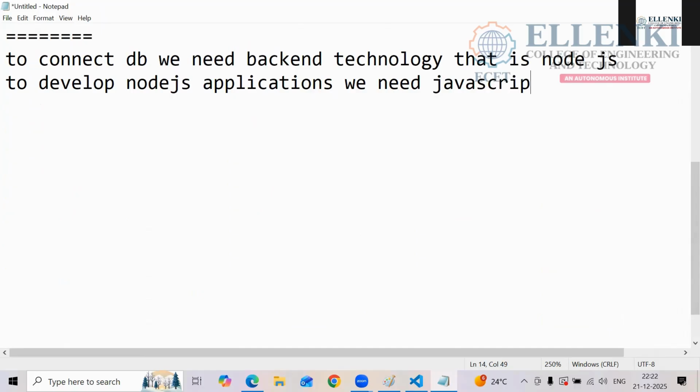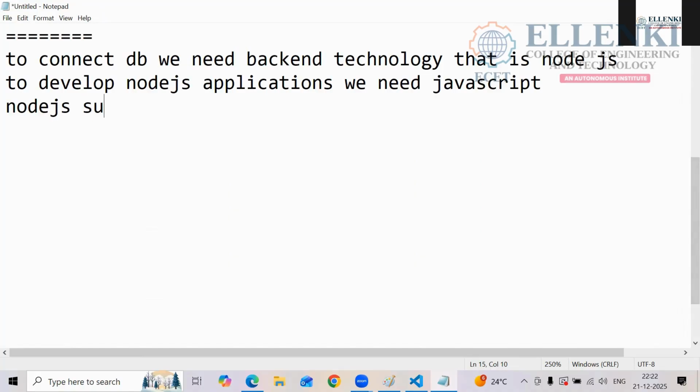Whatever things we are using in the form of JSON objects, that is nothing but JavaScript Object Notation. Node.js supports modules or libraries. Some 3 modules it will support. Okay, so how many will it support? 3. What are those?